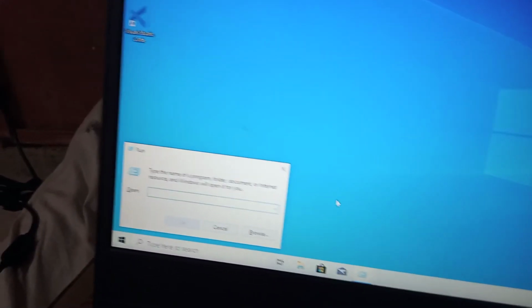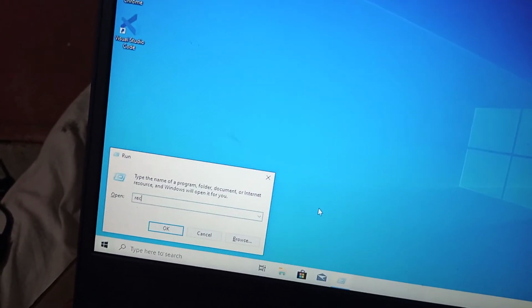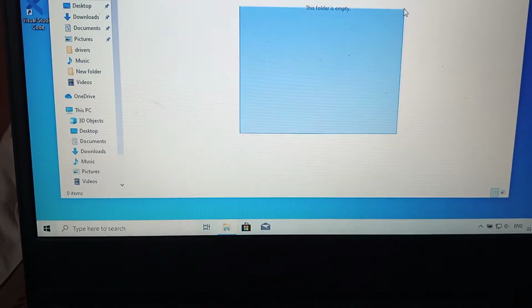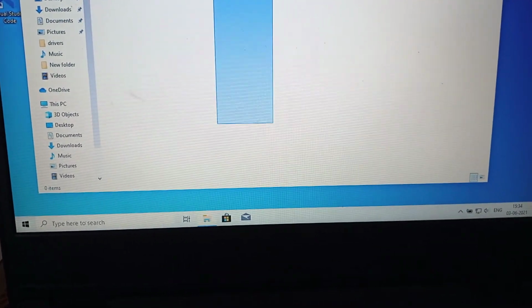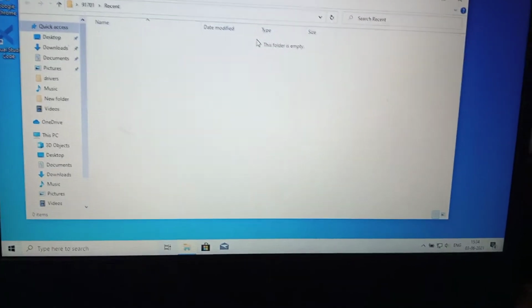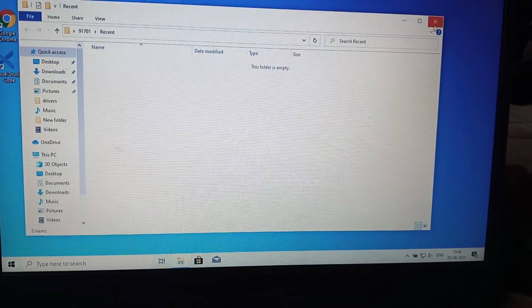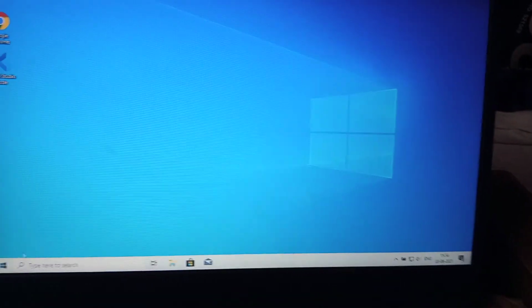And then again press Windows plus R and then type recent, and then enter. This folder is empty because I have only now cleared it. You can press Control A and then Shift plus Delete, so it will be deleted permanently. And then another command is